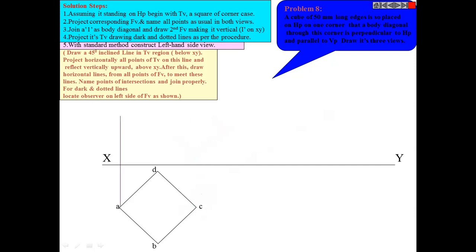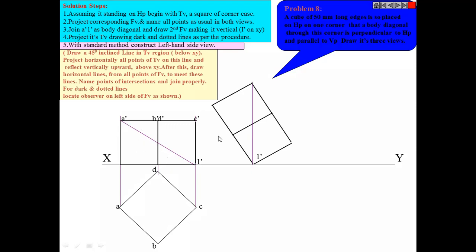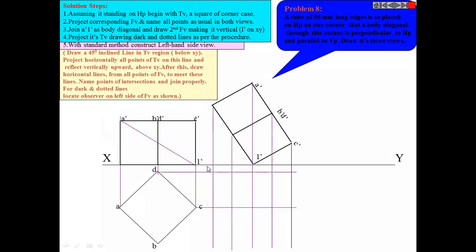Okay, so these projections, understand? Now the body diagonal, this is the body diagonal, A dash, 1 dash. So this top point and this bottom point, as I told you. Now it is inclined at some angle currently, so we will make it vertical like this. And then we regenerate the whole problem around that vertical line, and then we draw projections from this side, from left to right and top to bottom.